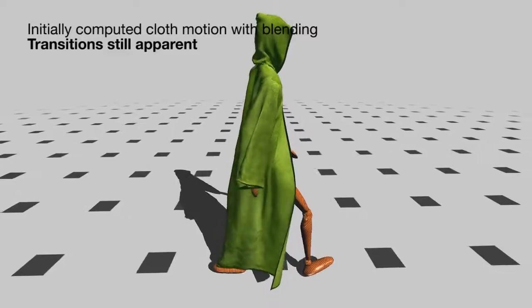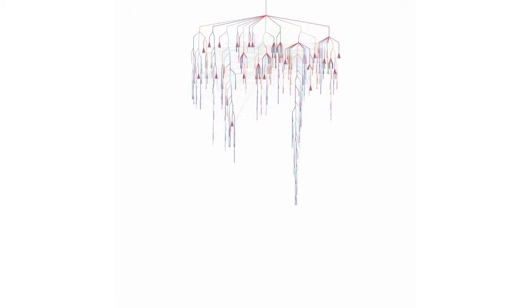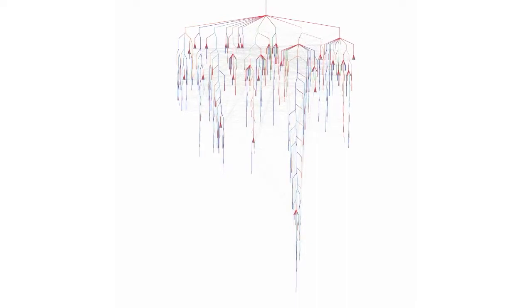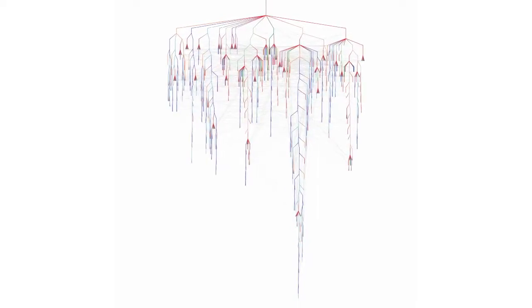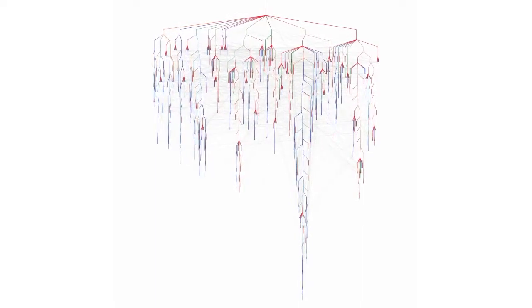We can visualize the cloth data as this tree-like structure. Paths down the tree represent simulated cloth sequences. Each time we fall off a leaf, a gray link leads back to an internal node, causing a jumpy transition. Our method identifies the worst transitions, then begins to extend the tree by unrolling the motion graph and continuing these cloth simulations. This process, which we call continual exploration, not only improves the motion but also uncovers interesting new cloth